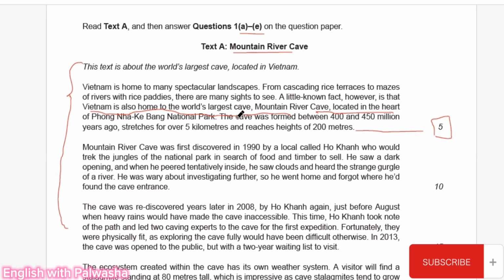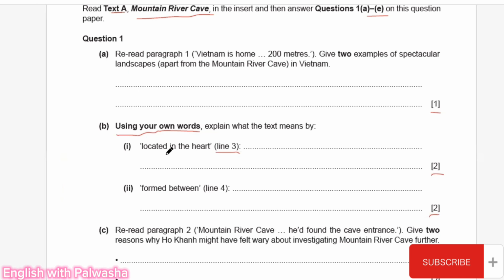It tells us that Vietnam is home to the world's largest mountain river cave. Exactly. So you're going to formulate this in your own words, and it is going to be that yes, Vietnam is the world's largest cave. That's why it is called the heart of Phong Nha Ke Bang National Park. That's why they have said that it is located in